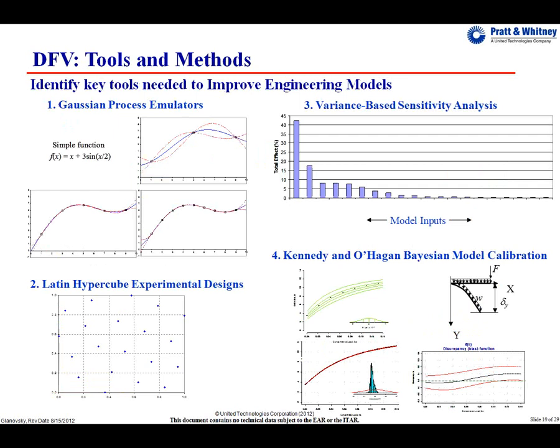Next, let's talk a little bit about the tools and methods. Obviously, it wasn't enough to just tell the engineers, here's what's going to happen, and maybe here's how we're going to do it. They needed to be able to do it themselves. We had a statistics group of probably about 6 people, and that's for several hundred engineers. We couldn't do it all ourselves. We had to teach the engineers how to do it. And to do that, we needed to bring the higher level statistical tools to them in a way that they could use them. To start off, Gaussian process emulators.